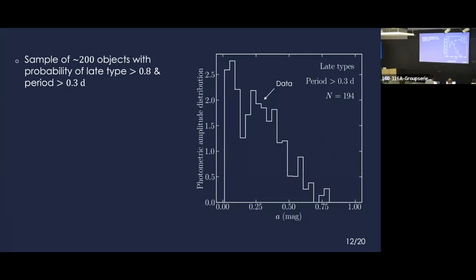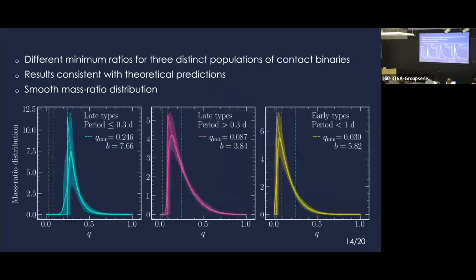And here you can see the photometric amplitude distribution, the empirical one of this sample. And when we fit our prescription for the mass ratio distribution to this data, we obtain a minimum mass ratio of 0.087. We applied the same method also to contact binaries, to early types with periods below 1 day, and also